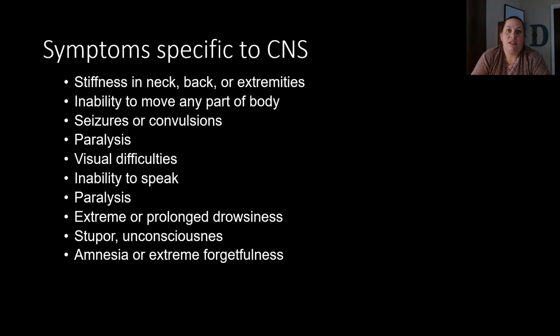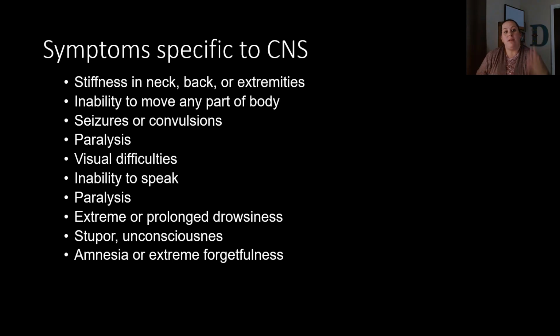Some other symptoms that are specific to the central nervous system, because a lot of those others you can have with other disorders. But with the central nervous system, you might have stiffness in the neck, your back, and even your extremities. You may also have an inability to move any part of your body, or you could end up having seizures or convulsions that take place, as well as paralysis, where you're paralyzed. These first four are part of the neurological exam that is actually looking at the motor function of your nervous